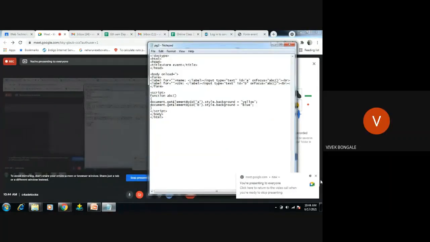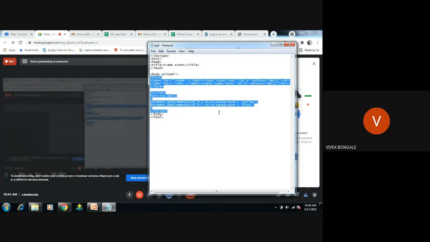So what will this frame event do? I'll change this to frame event. The frame event is basically used for the browser. Browser means, if we use the onload property, then before running this HTML program,